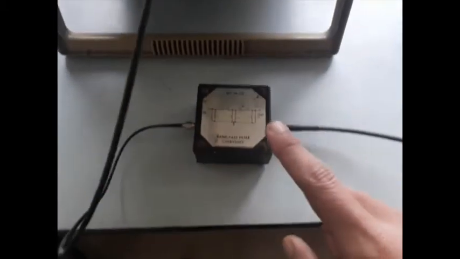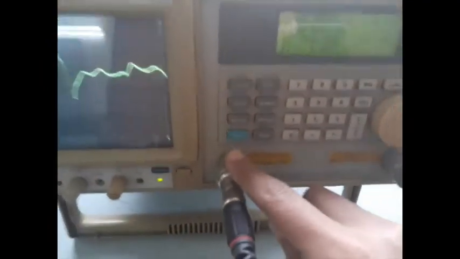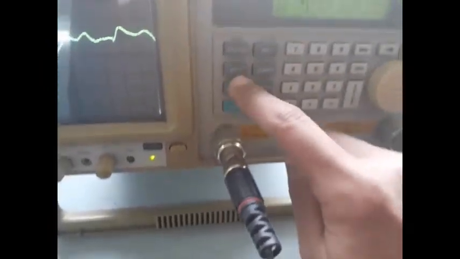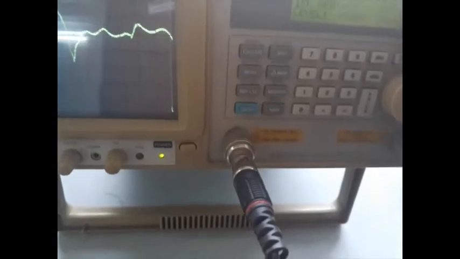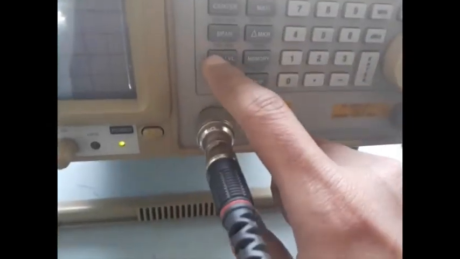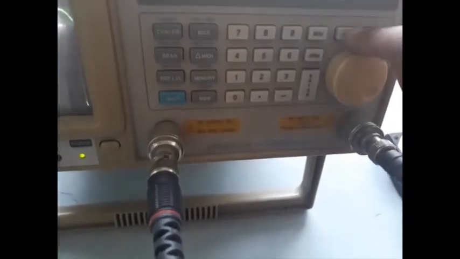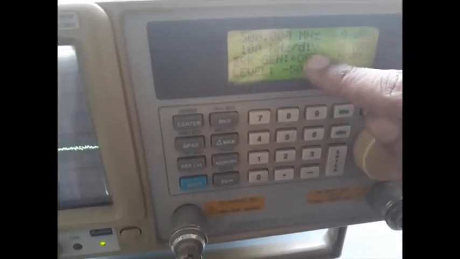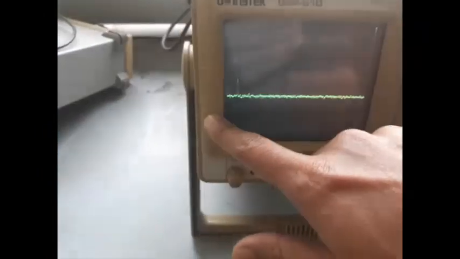But before changing the filter, don't forget to switch off the tracking generator. So you bring the tracking generator by pressing shift tracking generator, then you switch it off. So now it is off. Once it is off, you can see it is off now. Then you can change these connectors and you replace this filter with another one.